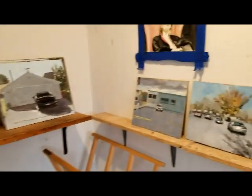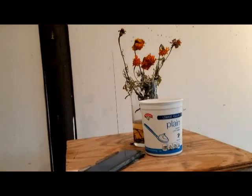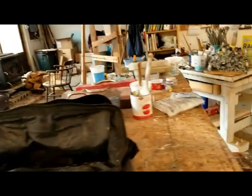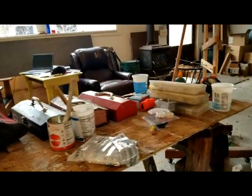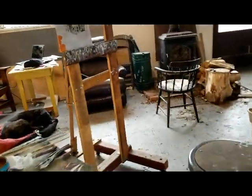Okay, so here is the studio and the paintings I just showed you. There's the marigolds that I just sort of left up there for hours. I've been putting wood in, getting ready for the winter, even though it's not coming. Here's all the crap from my house project, my kitchen project, trying to organize it and reduce it. And this is a little painting, another nighttime